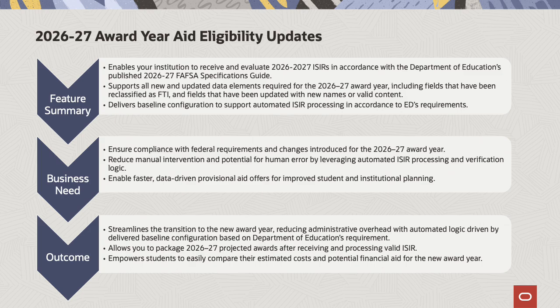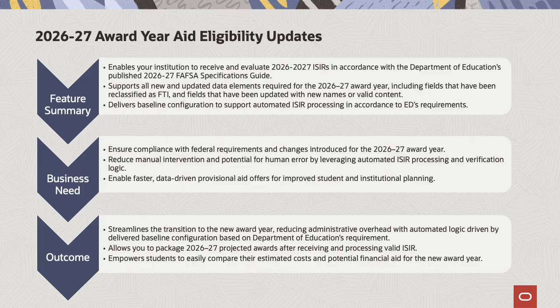Additionally, we're delivering a robust baseline configuration that fully supports automated ICER processing for the 26-27 cycle, aligning to the federal requirements. From a business need perspective, these updates position your institution to seamlessly ensure compliance with all federal changes for the upcoming award year. Most importantly, these improvements allow you to provide faster, data-driven provisional aid offers, which support both better student experience and more accurate institutional planning. Now you are able to benefit by smoothly transitioning to the new award year while significantly